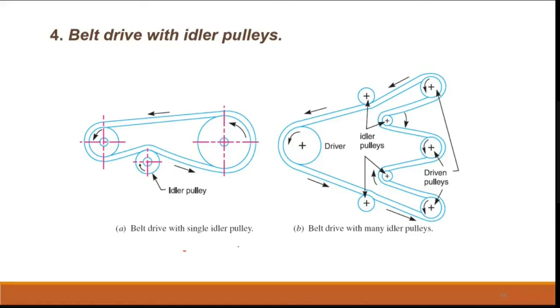Sir, size adjustment. If there is no big belt, we can use an idler. Yeah, the contact has to be increased. All right, so you can see, when you have an idler here, the contact is more now. Similarly here also, previously the contact is 180 degree. Now the contact is higher because of this idler. Okay, so you have sets of idler pulleys also.